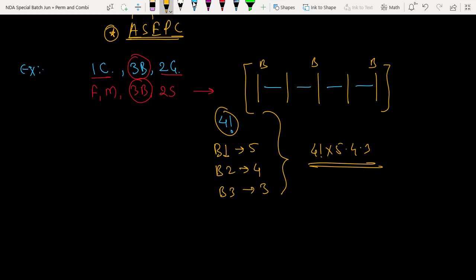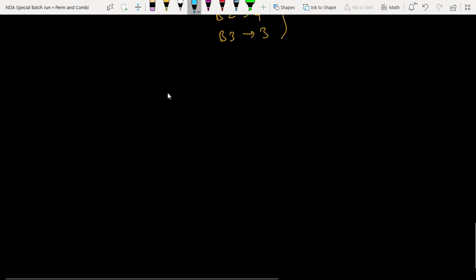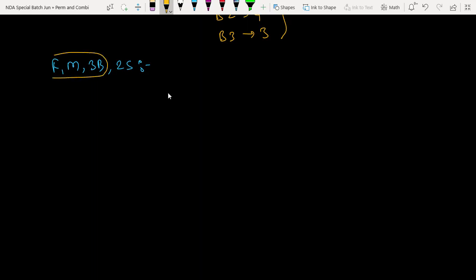I will take one more example where I will say that the two sisters are never together. Look, so father, mother, 3 brothers and 2 sisters. Now I want to have 2 sisters never together. It means there should be at least one person other than a sister in between the 2 sisters. Are you getting the point? There should be at least one out of these 5.